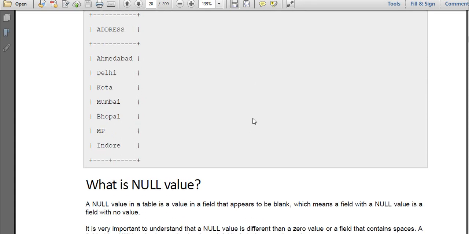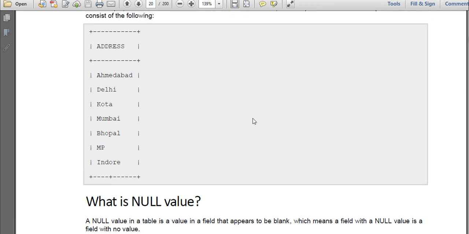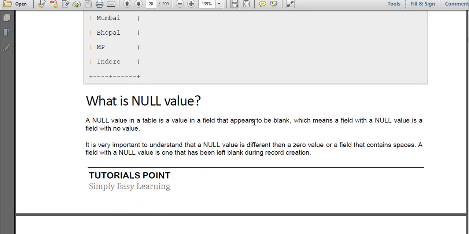Next, what is a null value? You just tell me what is the meaning of null. No value, sir. A null value in a table is a value in a field that appears to be blank, which means a field with a null value is a field with no value. It is very important to understand that a null value is different from 0.